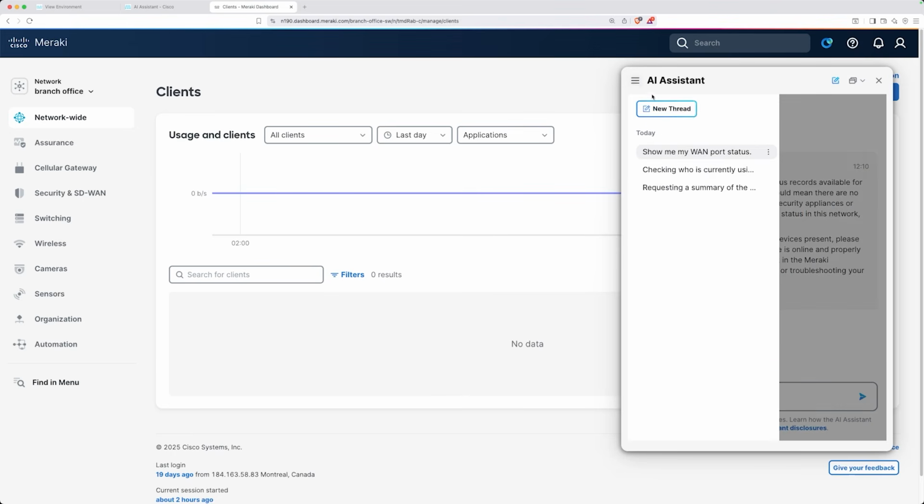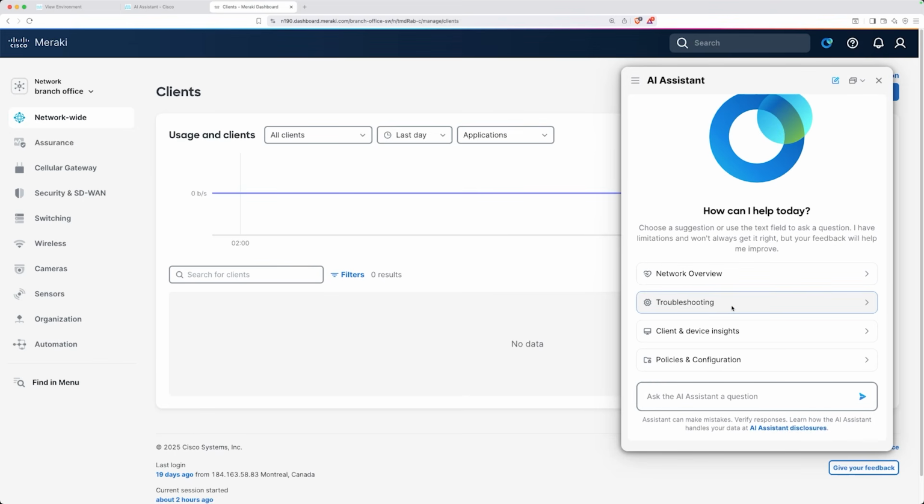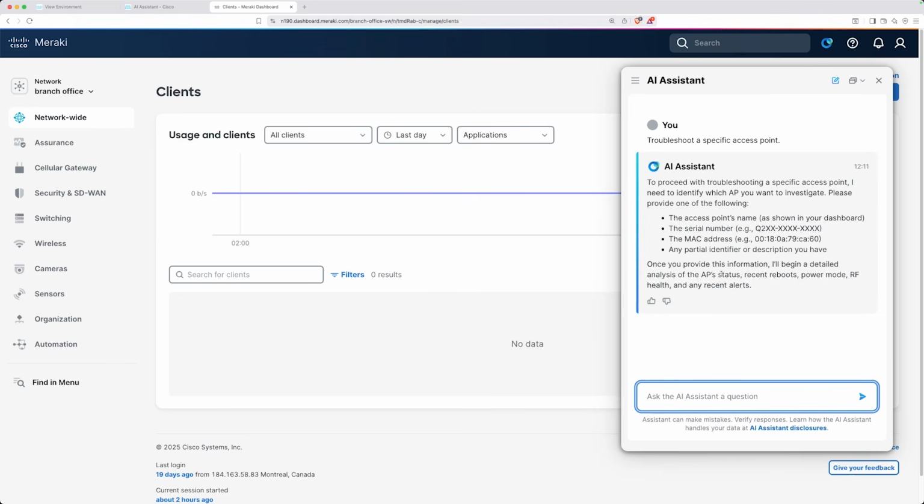So let's just go up here, have a new thread. Let's perhaps look at some of the troubleshooting options. Maybe you're having an issue with a particular wireless access point. You can click on this right here. Now, again, due to the limitations of a sandbox, I don't actually have the information that is necessary right here,